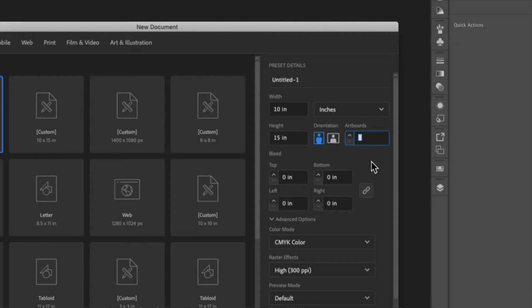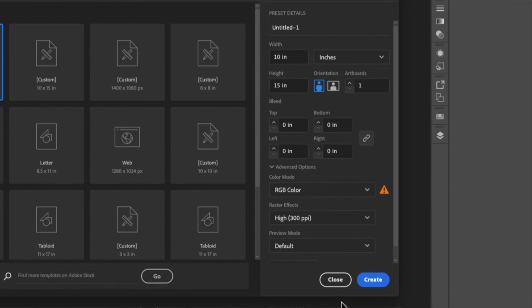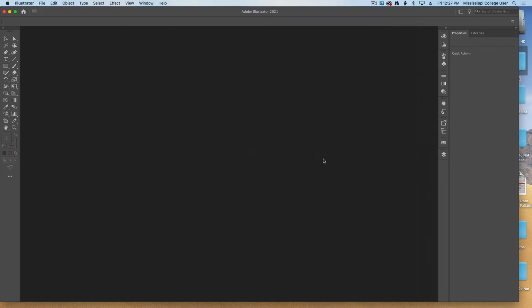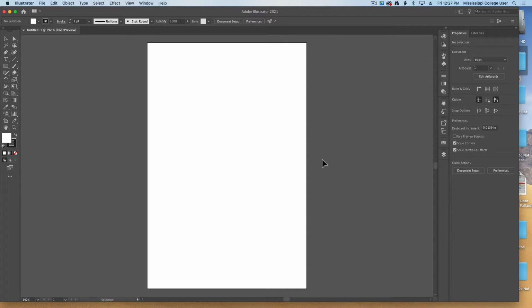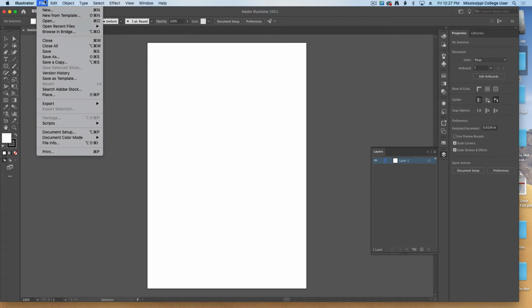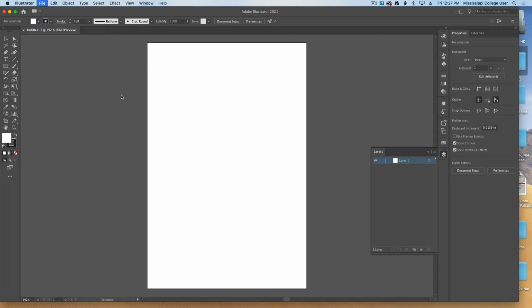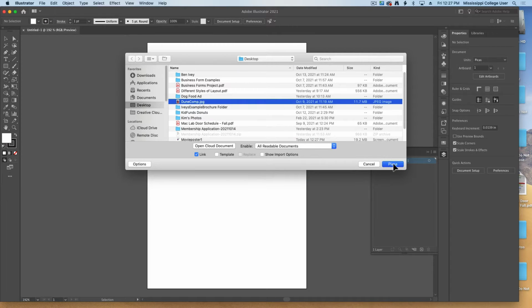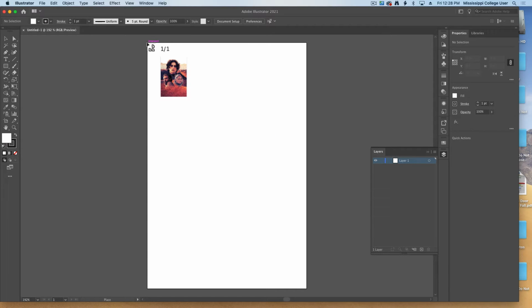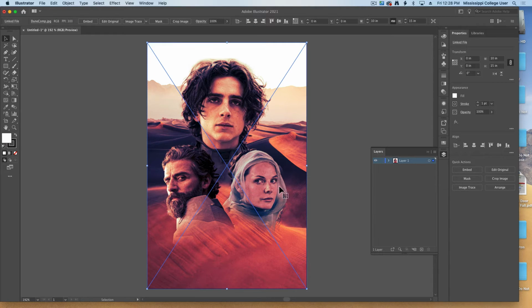For now, we only need one artboard, but do make sure that your color mode is set to RGB, and we'll say Create. This will give us our new document that we can place our composition into. I'm also going to open up my Layers panel. We'll go up to File, down to Place, and let's find that composition. Here it is on the desktop. We'll say Place, and we simply need to place it in the upper corner so that it fills out our